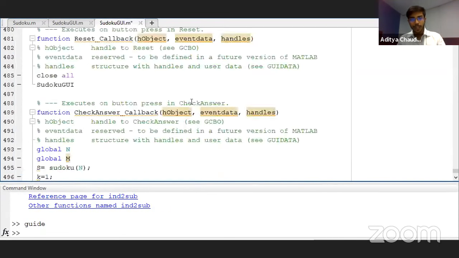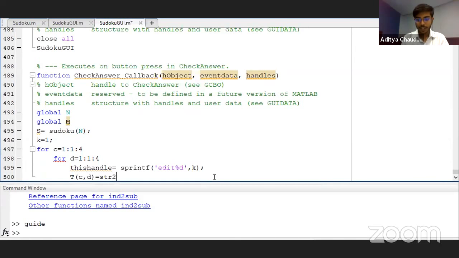Now we'll be creating another matrix t, which will be c comma d, and we'll be using a function, string to number.